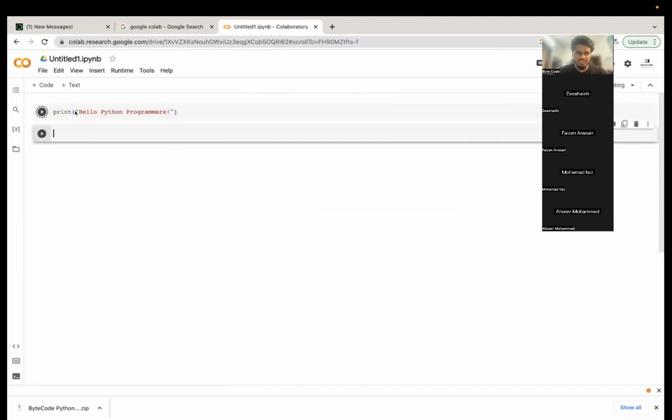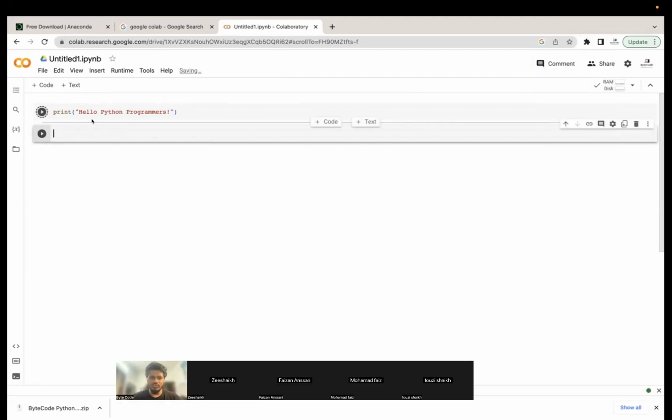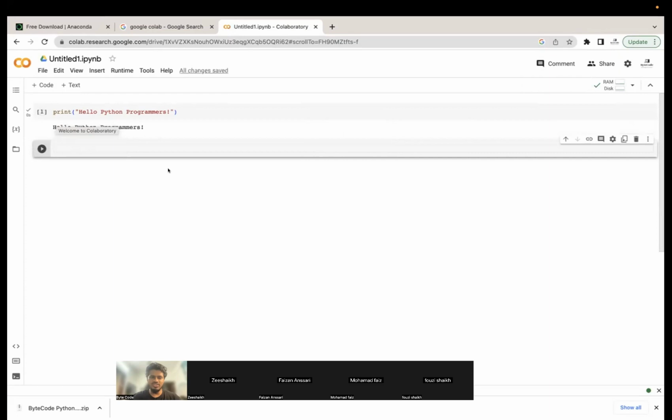If I run this, I have given an input to Python to print it in the console. It will take some time because it is the initial connection. Now you can see it shows the output, which says hello Python programmers. As easy as it is.